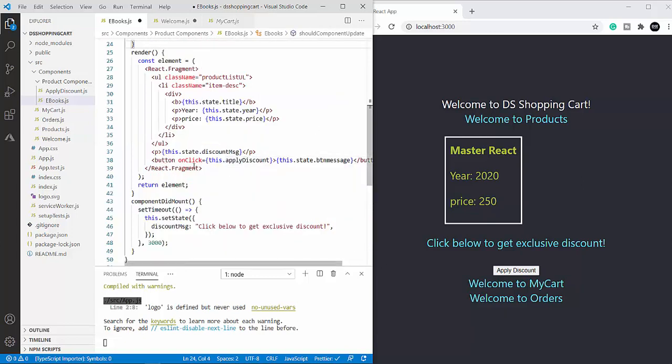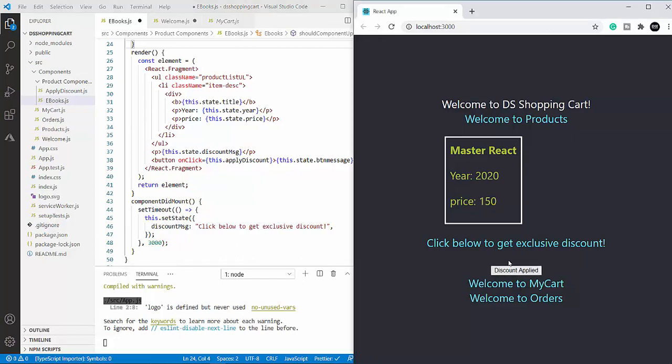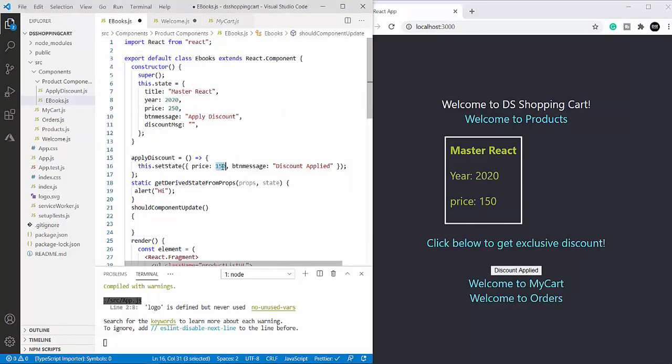Now, when I click the discount button over here, what happens? It changes the price over here, right? It changes to 150. So I'm going to add a method over here. Add an if condition: if this.state.price is equal to 150, then return false.